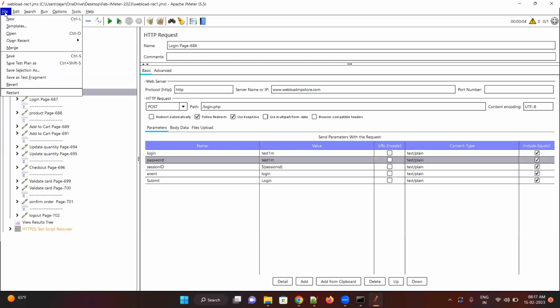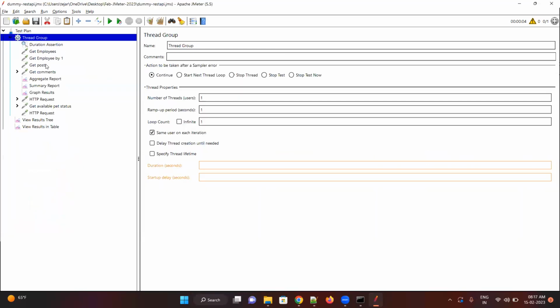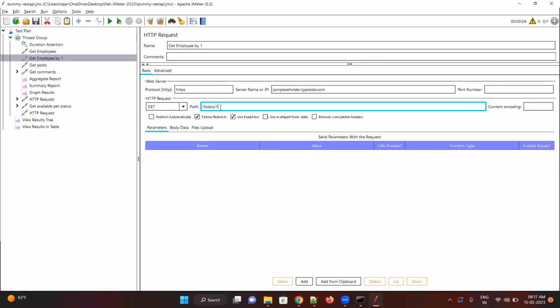Let's go to our REST API. If you see here, there is an employee by ID one. I want to pass two here, I want to pass three, I want some 100 employee IDs. So whenever you want to pass dynamic data to your JMeter script, it's not only for username and password. Anywhere, like file names or data names, whenever you want to send dynamic data from the request side, and you want a different value for every user instead of hard coding the values,